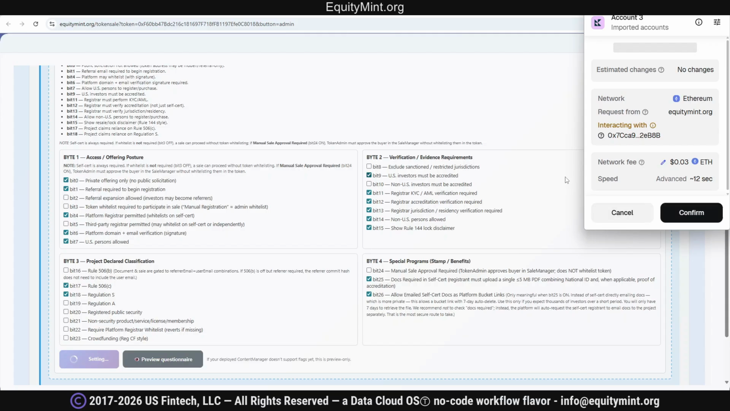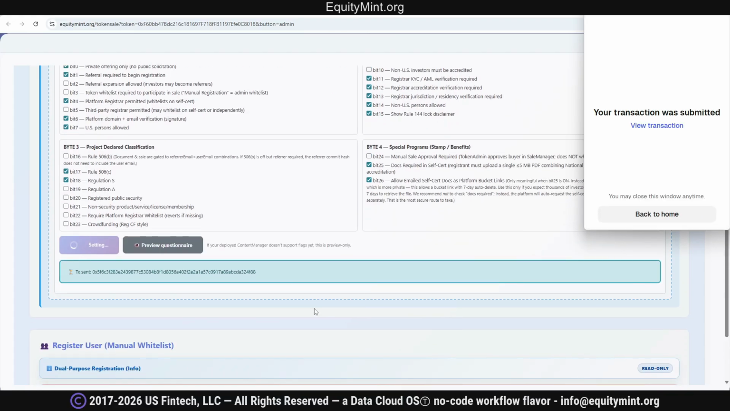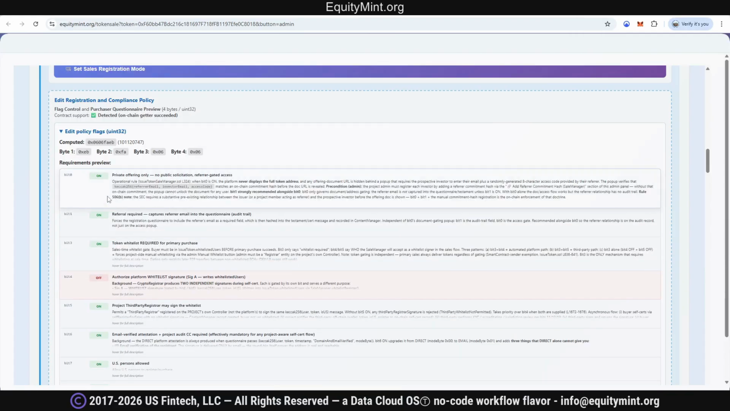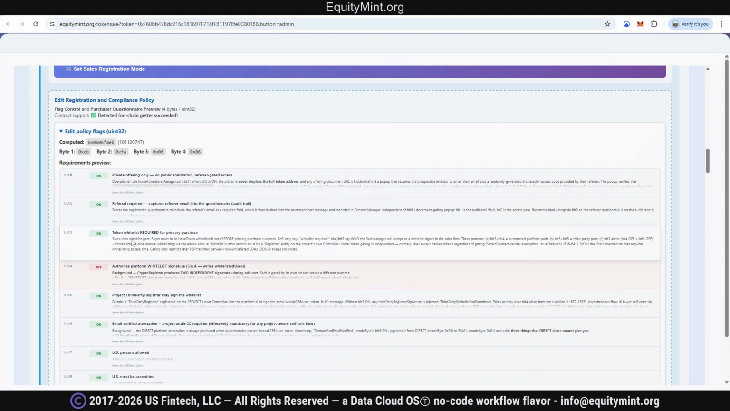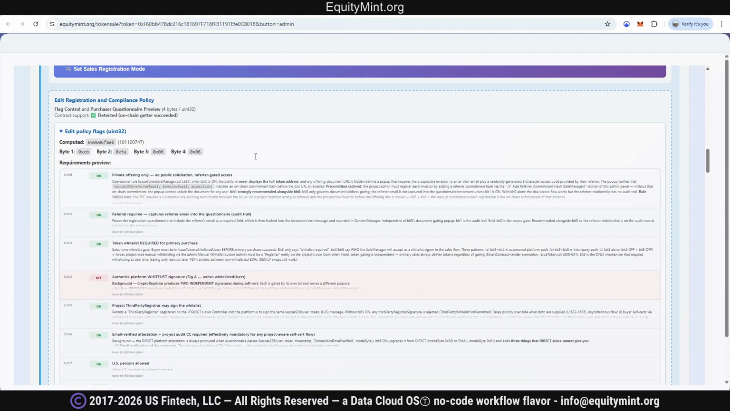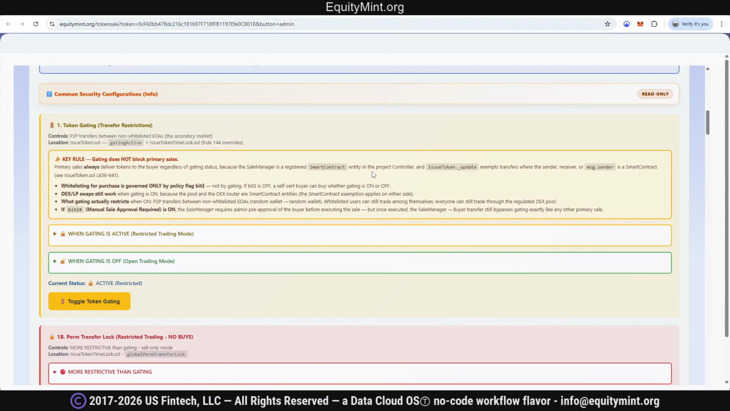Now once we confirm this, not only does it change the questionnaire to the user, but because we selected bit 3, token whitelist required for primary purchase, that means we need to add ourselves to the project as registrar. We need to add some team member as a registrar to the project. Alternatively, we could add a third-party registrar. Now there's 2 ways to add a registrar to your project